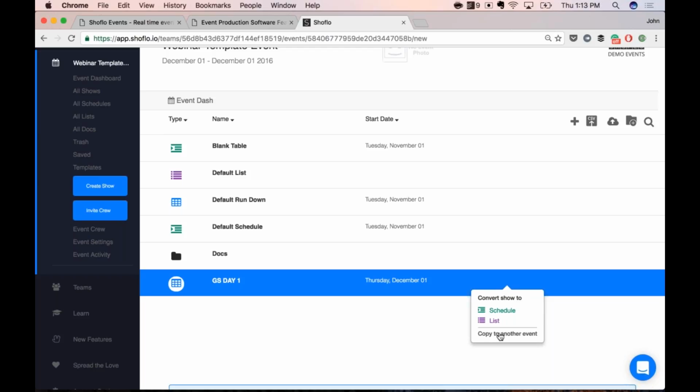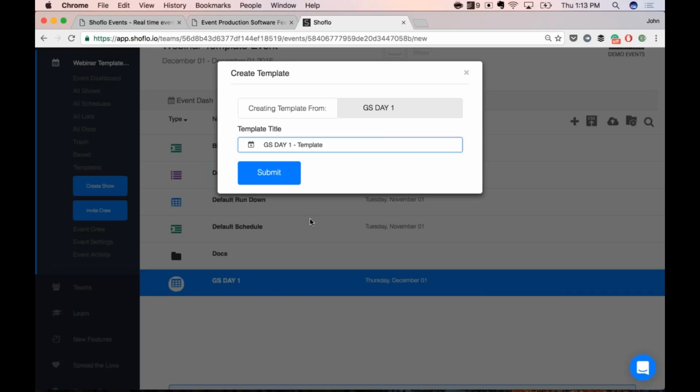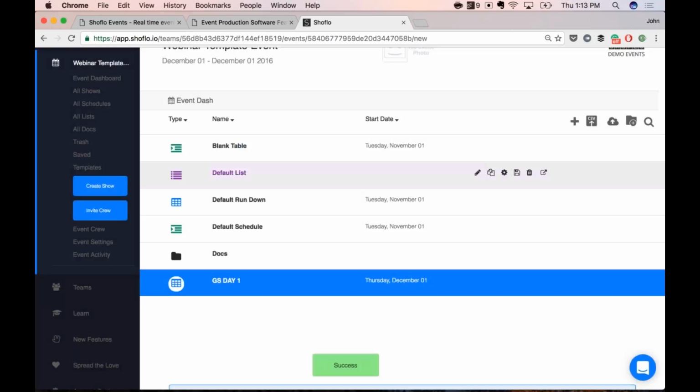You can always copy over shows or schedules or lists into other events that you are creating. So let's say you've created something and you go, oh, I really love that schedule that I built before, which was on that one event. You can always go to that event and copy that over to another event. Additionally, you can click this little save button, and I can click save as template, and we'll just call this a general session template. Okay, then I click submit,